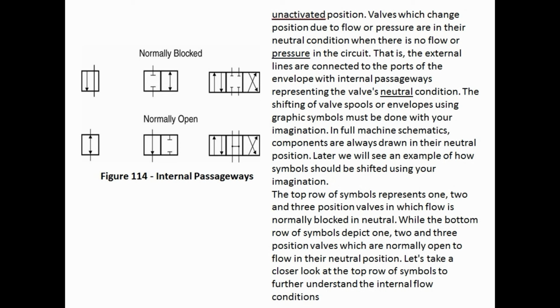The top row of symbols represents 1, 2, and 3 position valves in which flow is normally blocked in neutral, while the bottom row of symbols depict 1, 2, and 3 position valves which are normally open to flow in their neutral position. Let's take a closer look at the top row of symbols to further understand the internal flow